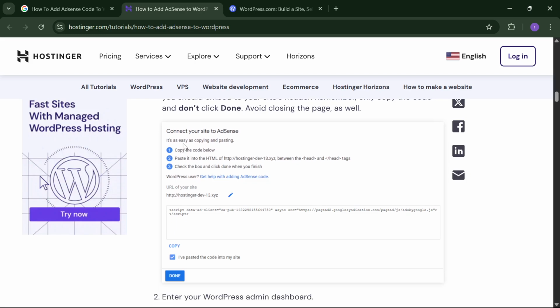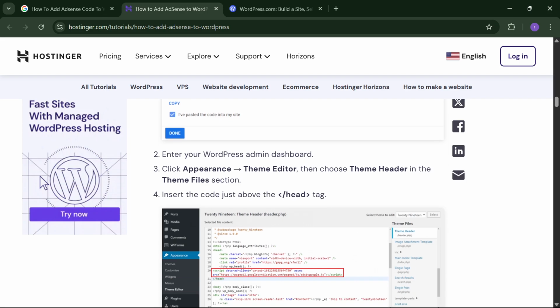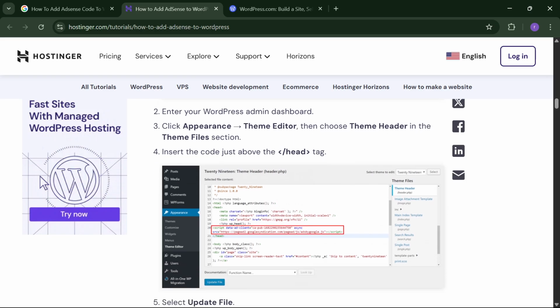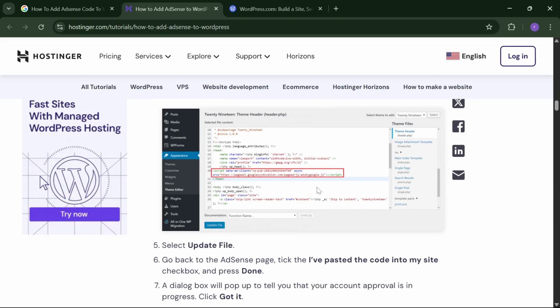As you can see, you have to connect your site to AdSense. It's as easy as copying and pasting. So copy the code below and paste it into the HTML, check the box, and click done when you finish. First of all, you have to enter your WordPress admin dashboard, then click Appearance and then Theme Editor, then choose Theme Header in the theme file section, insert the code just above the head tag and select Update